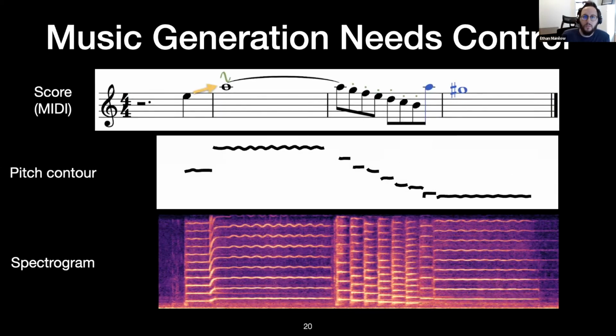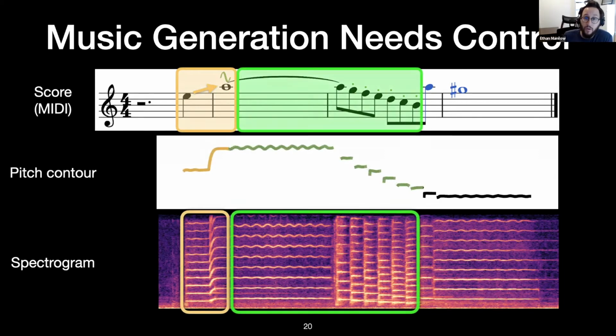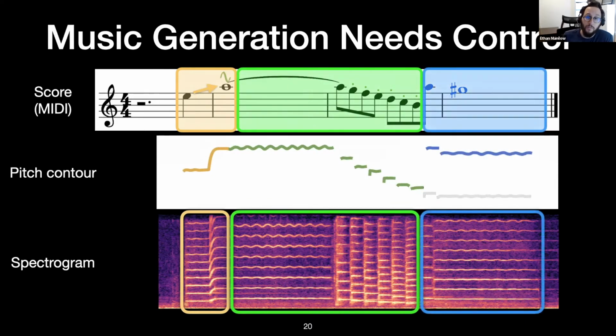Now let's say our violinist wants to make edits to their initial performance of this excerpt. For instance, they can make low-level edits like adding a pitch bend between the first and the second note shown in yellow. They can change how the notes are played, like adding more vibrato in the second note and changing the articulation on these descending notes shown in green. And finally, they can change the notes themselves, like shifting these last two notes up an octave, shown in blue. Let's hear what all of these edits sound like.